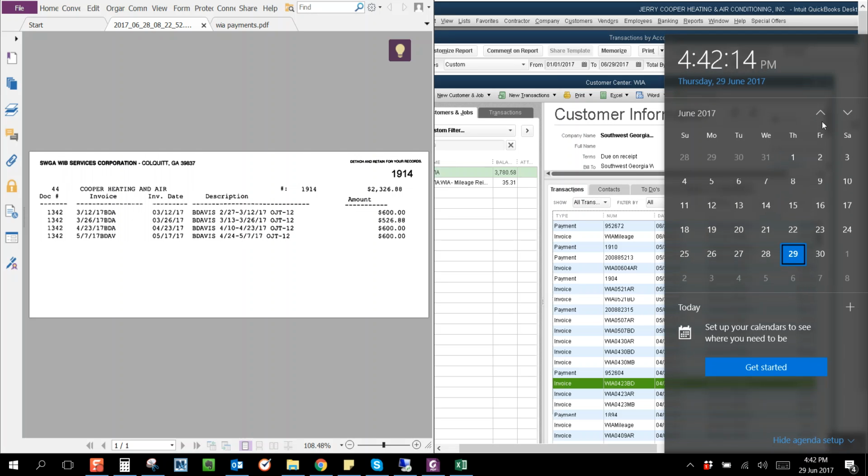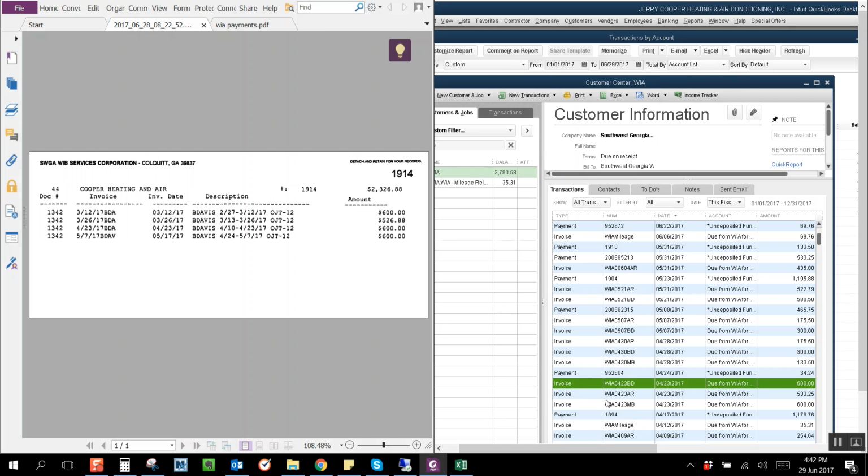When you look at your calendar here, April 24 to April 30 is one week, and then May 1 to 7 is another week. So all I have to do is divide this amount. When you see here 600 divided by 2, then I record the invoice into 2. You can see that it should be